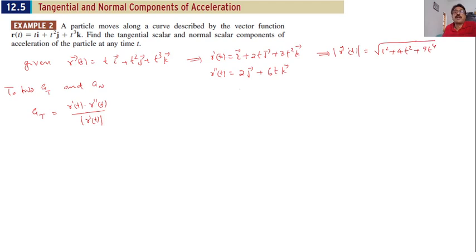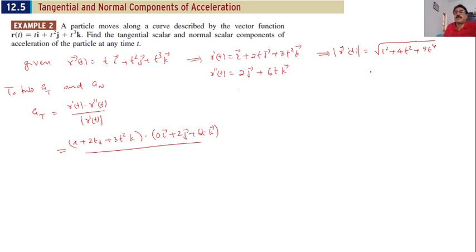So we have got r dash t, r double dash t, and also modulus of r dash t. Substituting here, we will get a_t = r dash t dot r double dash t, where r dash t is i plus 2t j plus 3t square k, dot r double dash t, that is 0 i plus 2j plus 6t k,